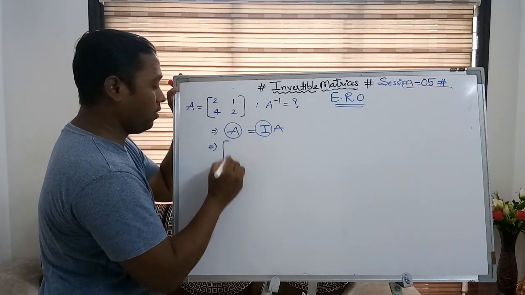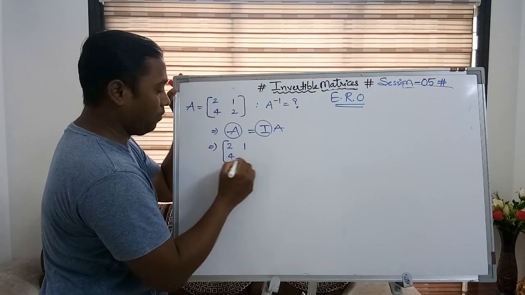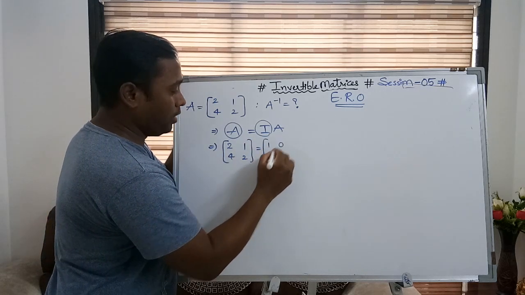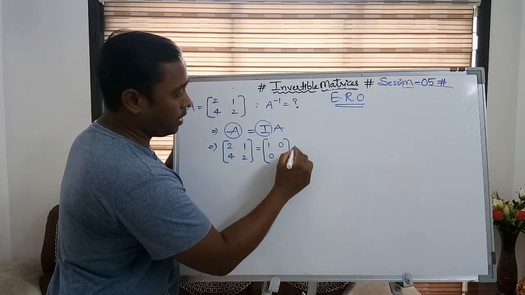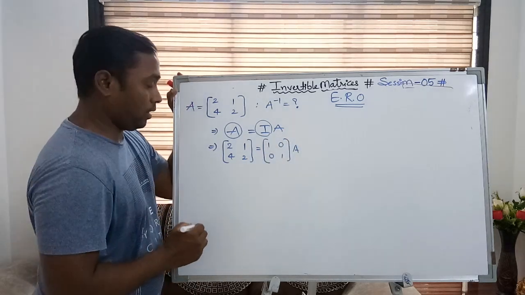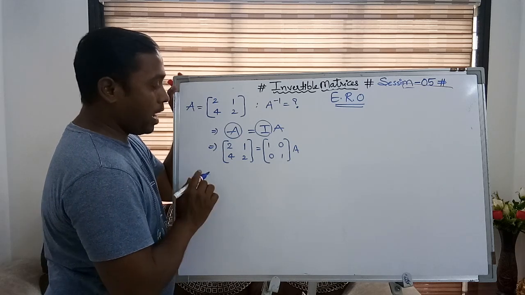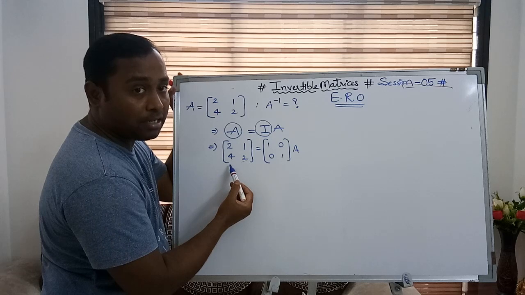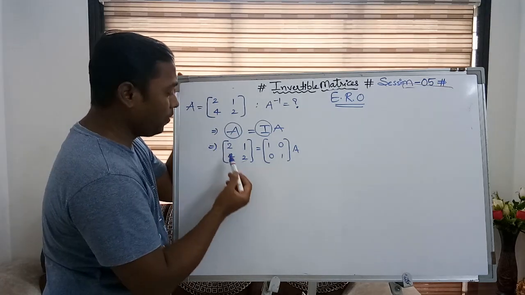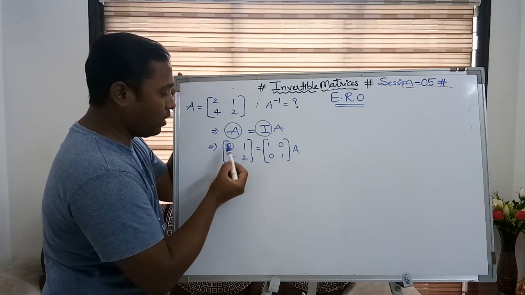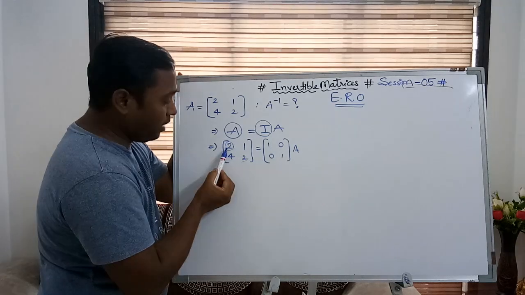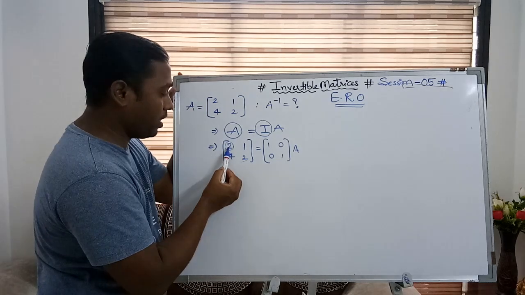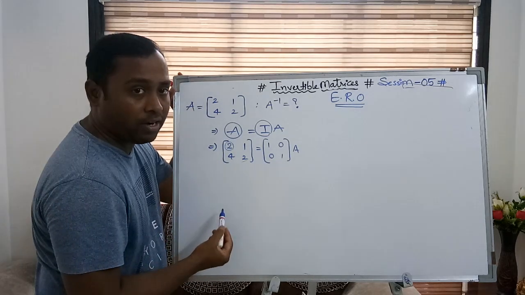Then we'll substitute the matrix A here, and I here, and we will not disturb this A. So what is A here? 2, 1, 4, 2. And what is the identity matrix here? 1, 0, 0, 1. And then A, like this. So now what am I looking for? I want to make this matrix A an identity matrix, and for that, first I require 1 over here. To get 1 I have to divide the entire row by 2. Whatever the quantity is there, we have to divide by that same quantity.